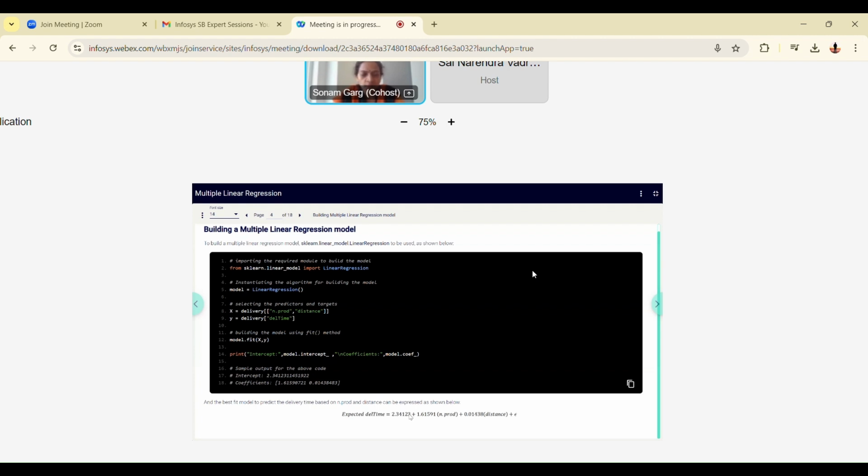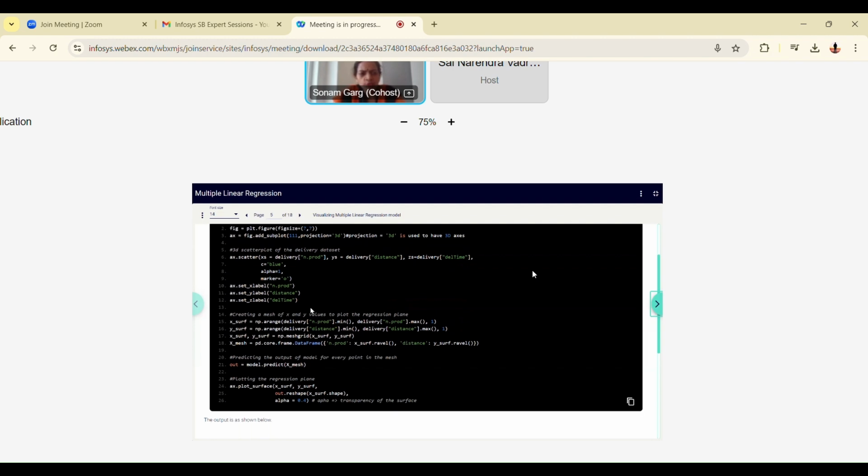You can do it manually, but those things are prone to error and they cannot be proven as well. So this gives you the best fit values of the coefficients and intercept, and then you can go and deploy this model to now predict some new data points using model.predict. Okay.